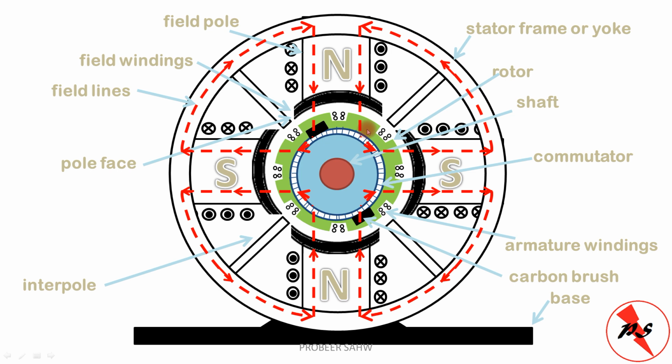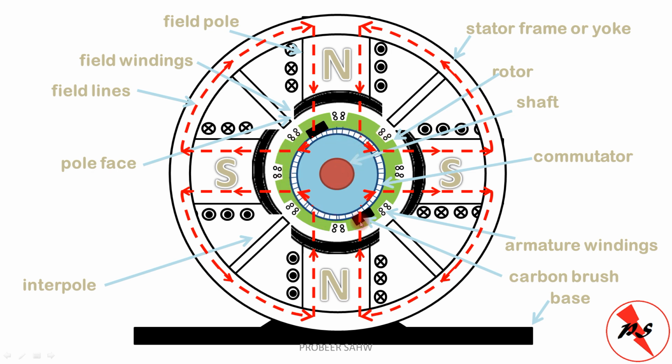On the outer periphery of the rotor or armature, we have slots to accommodate the armature windings. These are the armature windings in which EMF is induced in case of a DC generator, or in which we pass DC current in case of a DC motor. Apart from this, we have a shaft on which the armature rests, or the shaft supports the armature. This shaft is a long cylindrical tube. In fact, it is solid forged.